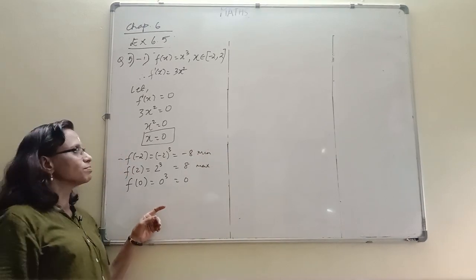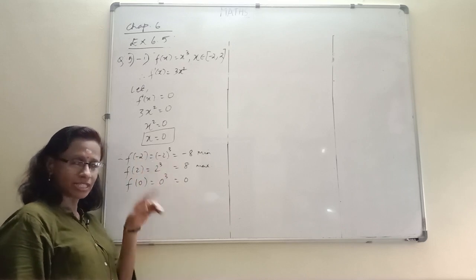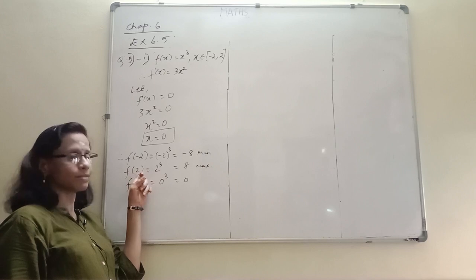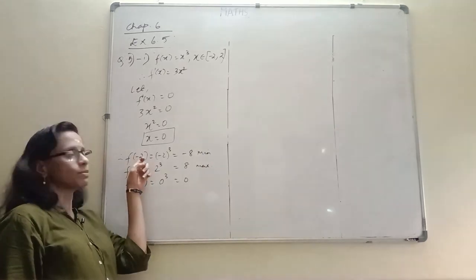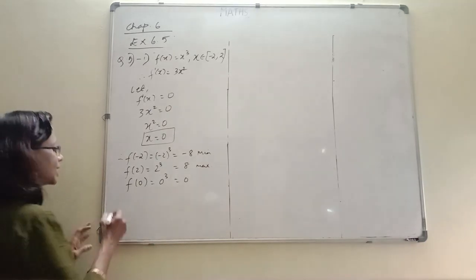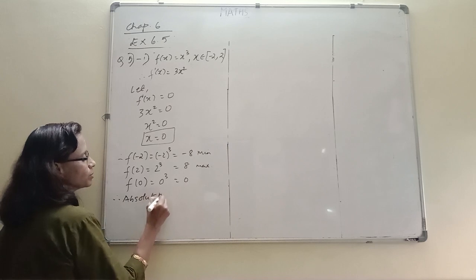So your absolute maximum value is 8 and absolute minimum value is negative 8. And it happens at x equal to 2. Maximum happens at x equal to 2 and minimum happens at x equal to minus 2. This is the answer. So we say therefore absolute maximum value